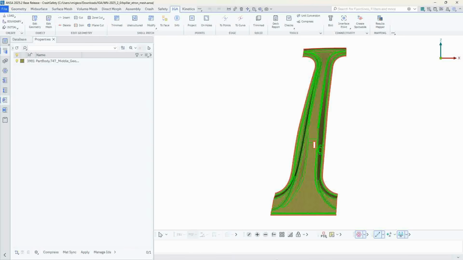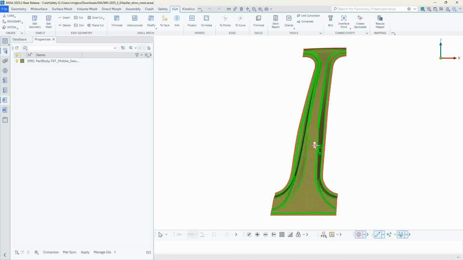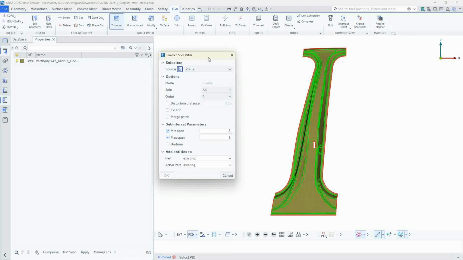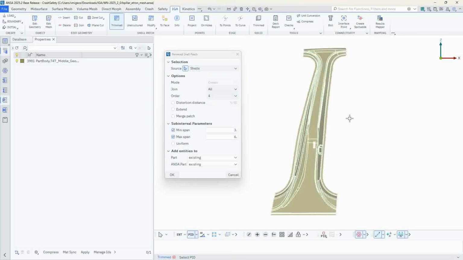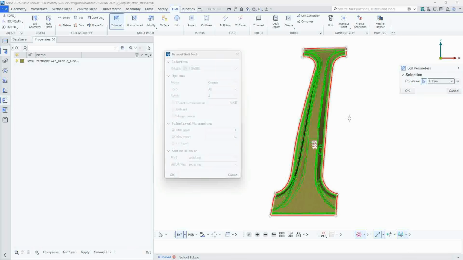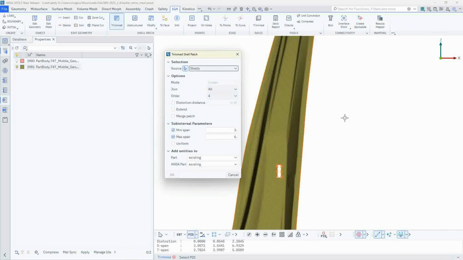A major new addition is the seamless FE to IGA conversion, which significantly accelerates design loops. With this capability, FE models can be converted into IGA shells using the Trimmed button in the Shell Patch category. In the Trimmed Shell Patch window, the Source drop-down menu includes a shell option, allowing users to select FE shells alongside the existing choices. This one-click workflow delivers both speed and convenience, especially when modifying large models during early design stages.